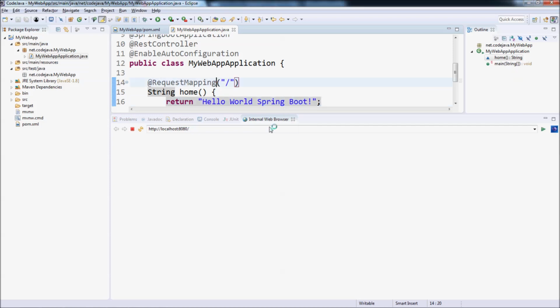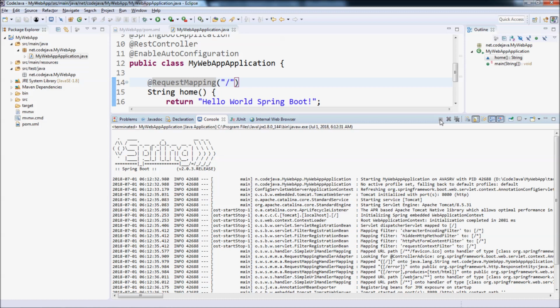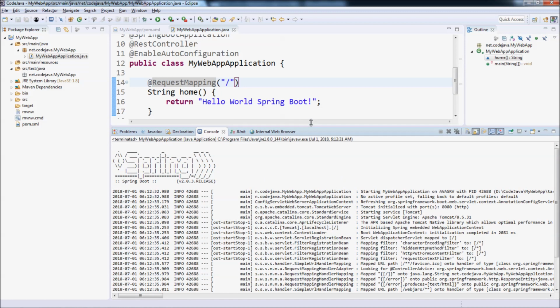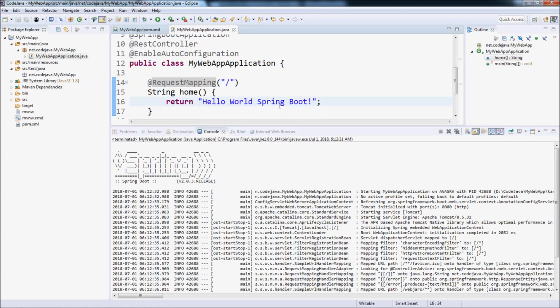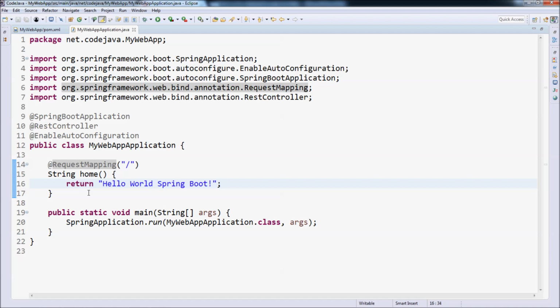And now click this red button to stop the server. And let's make some change. Let's add some HTML tag here. For example, HTML, heading, body, heading 1,